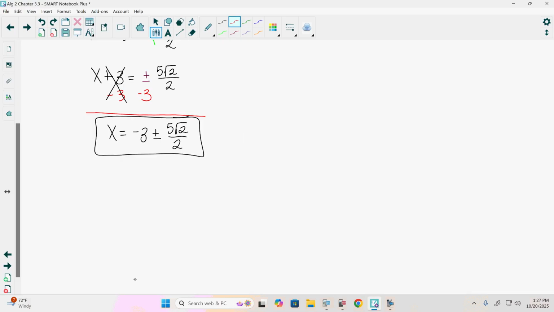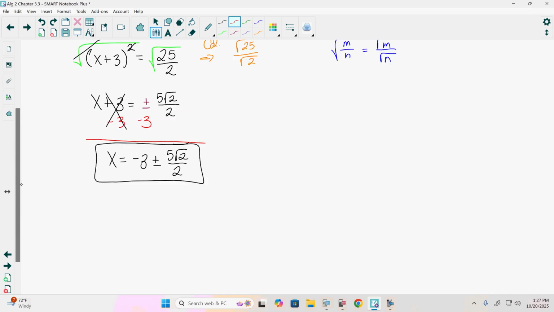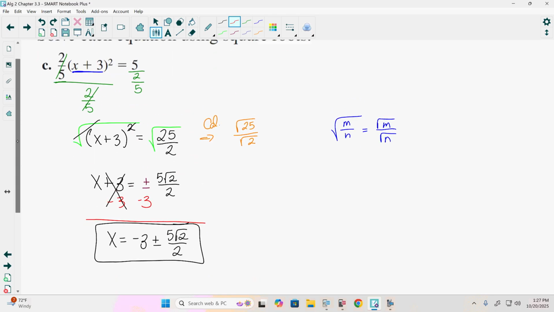And normally we put the number that we're adding or subtracting in front of the plus or minus. Because we're saying that we have negative 3 plus 5 square roots of 2 over 2 and negative 3 minus 5 square roots of 2 over 2. Questions on this here? We're going to stop there and we'll